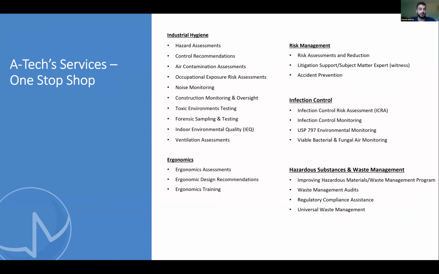Roosevelt, can you touch on some of our other services? Yes. Just to piggyback on what Patrick said, in his case study we had not only the issue of methamphetamine and fentanyl, but as he mentioned, tear gas was deployed into the unit, and a fire extinguisher was also deployed. So we had the tear gas to worry about, and we had phosphates from the corrosiveness of the fire extinguisher as well. ATEC is a full-service, one-stop shop environmental health and safety firm.